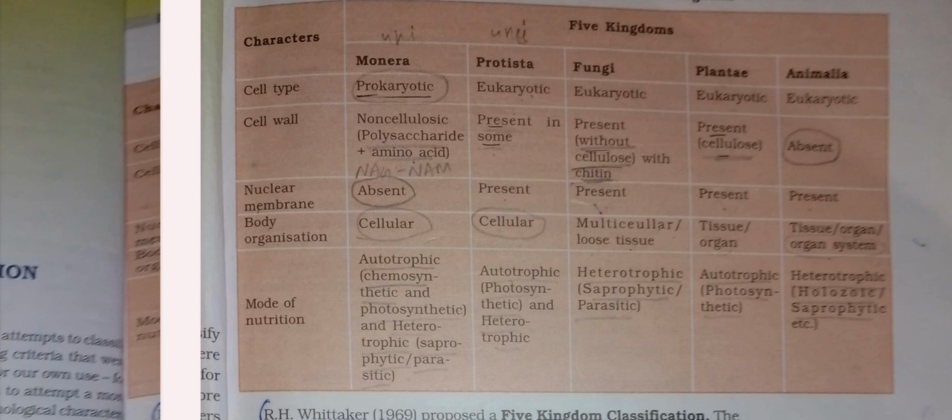And the heterotrophic is saprophytic and parasitic. Saprophytic means the mode of nutrition is based on dead animals. They consume dead animals. And parasitic means they are living on a host, that is, in a living organism, and in that living organism they reproduce and growth takes place. Like a parasitic example is